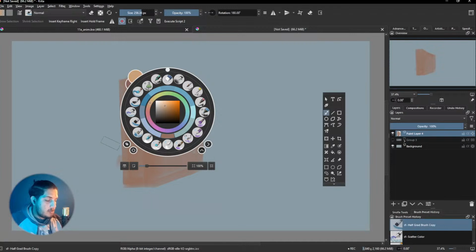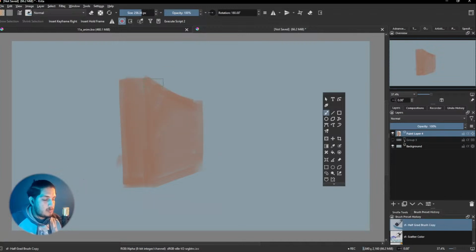Okay, we don't want the highlight to be grayish or anything, so I'm going for a